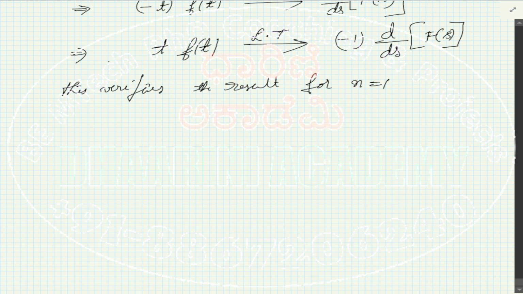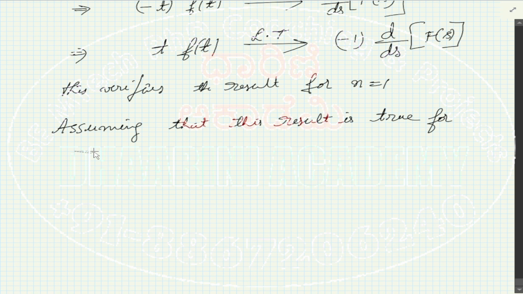Okay, next we try to make sure that the same result holds good for any value k. So for that we need to make an assumption, assuming this result is true for any n is equal to k,